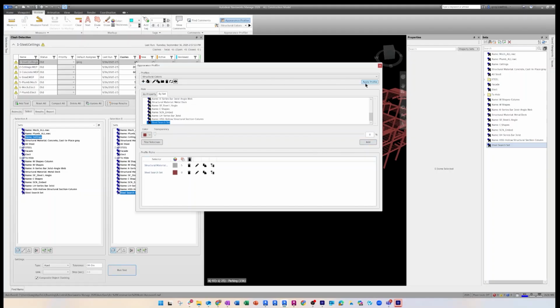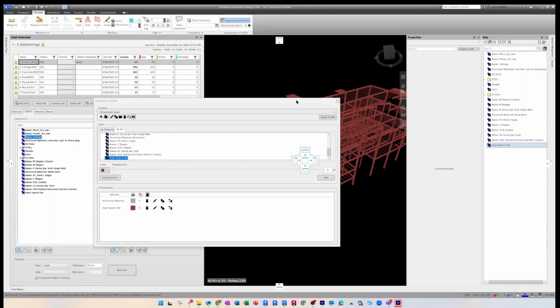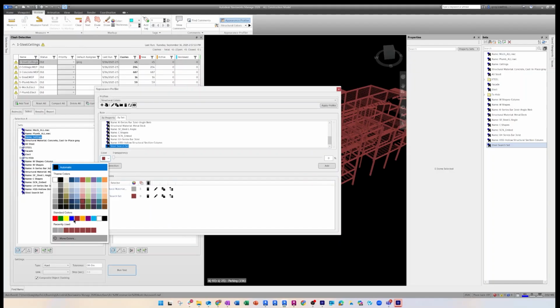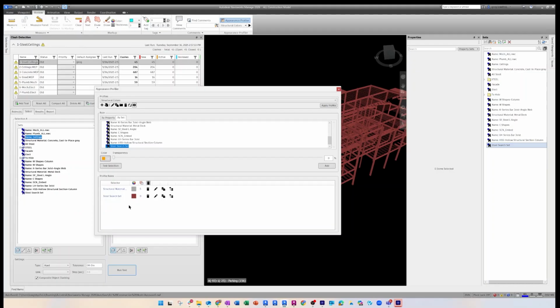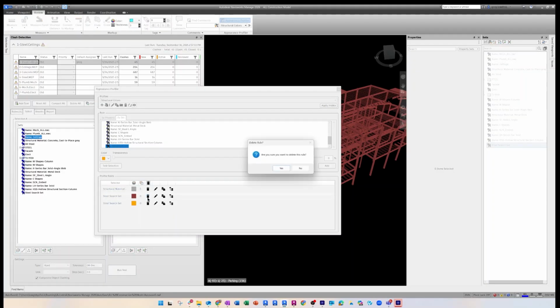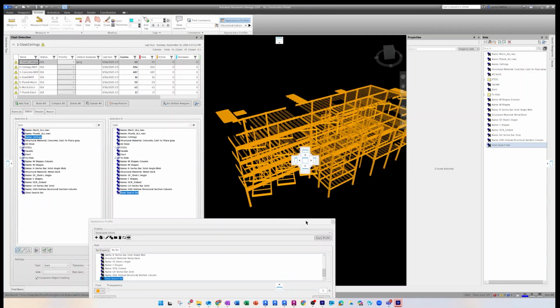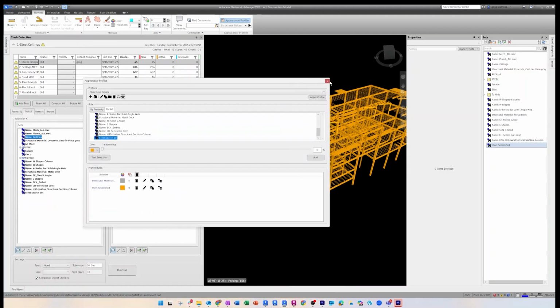And now I'm just going to apply the profile. You know what? Let's just change this color so that we can see that change. Maybe I'll do this orange. I'll update that one. Apply. Now I can see my steel has all been updated. When I close this,